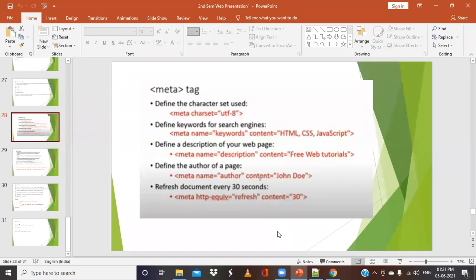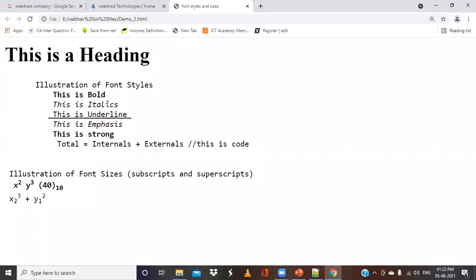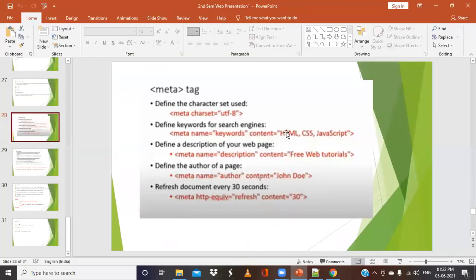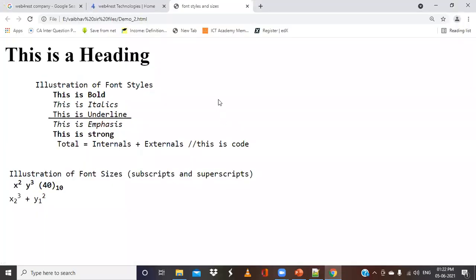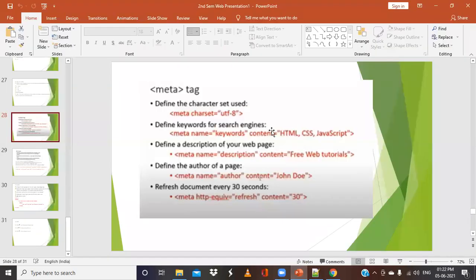Like we have used the h1 tag or the paragraph tag and so on. Whatever we specify in these different tags, whether it is h1 or paragraph, we can observe it appear on the browser. But whatever we specify in the meta tag will not appear on our browser screen or on our web page, but rather it is meant for the browser's perspective. With the other tags we have discussed so far, the information we specify is visible on the web page.